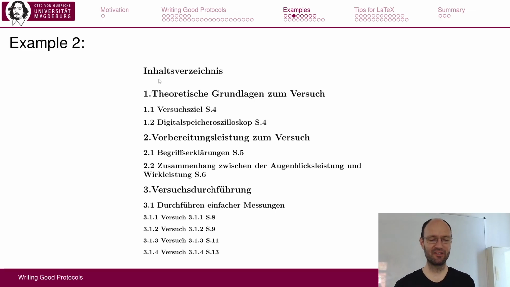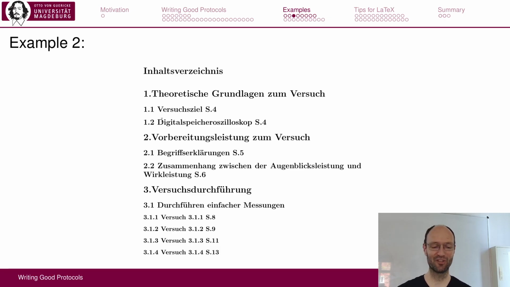So Inhaltsverzeichnis means table of contents. There's no dots. Usually you would have something like that: the number, the section, some dots, and then the pages all on this side. And this is a nice example that you can also do it horribly wrong in LaTeX if you don't really